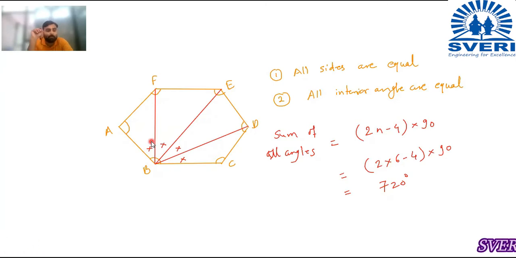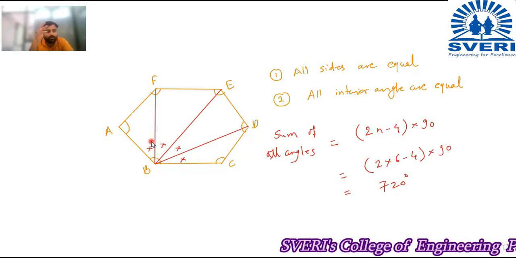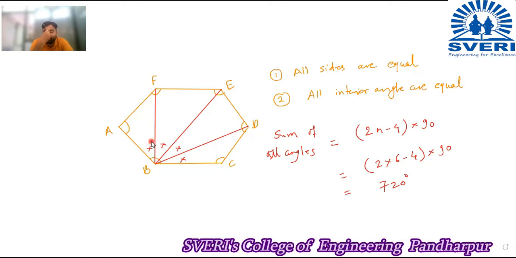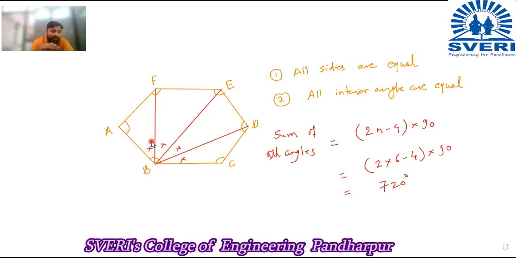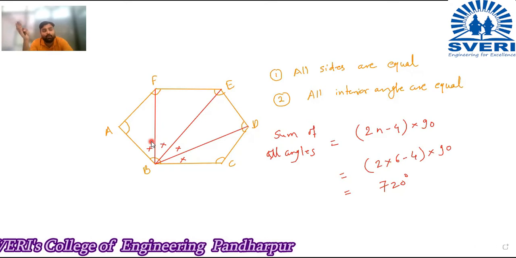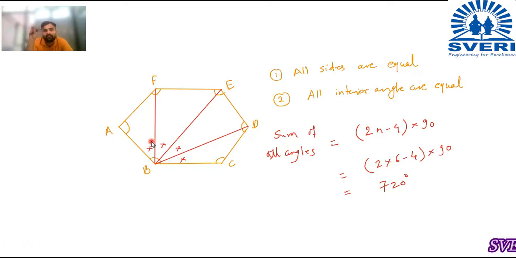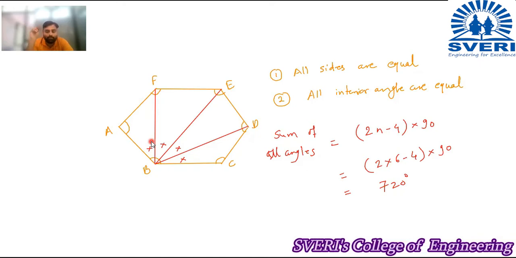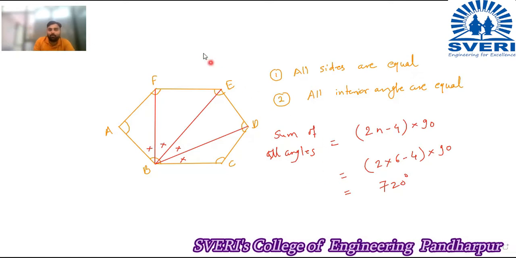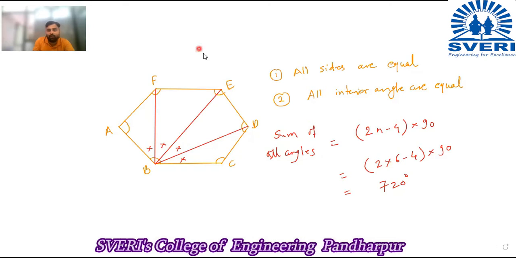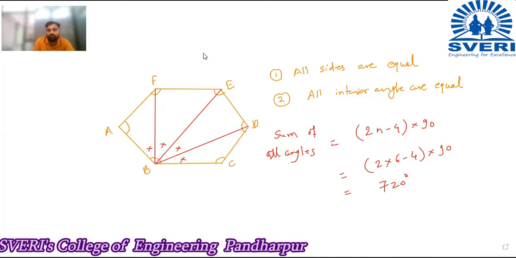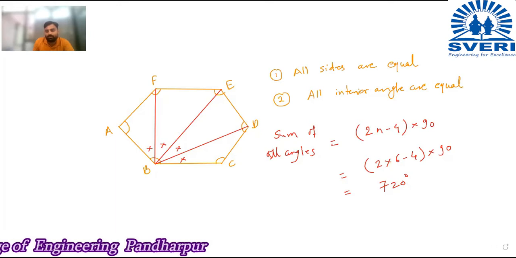So these are some basic properties of the pentagon as well as the hexagon as well as the octagon. You can go up to the hexagon for your syllabus, but it is equally applicable for the pentagon also. The pentagon has 5 sides, but the hexagon has 6 interior angles and 6 sides. So the same formulas we are going to use. This type of problem we are going to see now. That is why I have told you this introductory part, so that you will be aware of this.